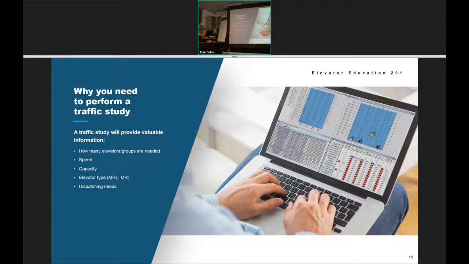Yes? Quick question. What's the minimum requirement in order to develop the traffic study? The minimum requirement? Number of units, number of floors. Really, basically whatever information you can provide to us: your number of stops, your floor-to-floor heights, your square footage per floor, because that would be beneficial as well. Once we start getting into the nuts and bolts of the traffic analysis, like on two-button technology like you have here,